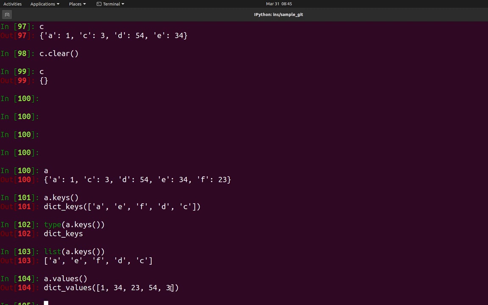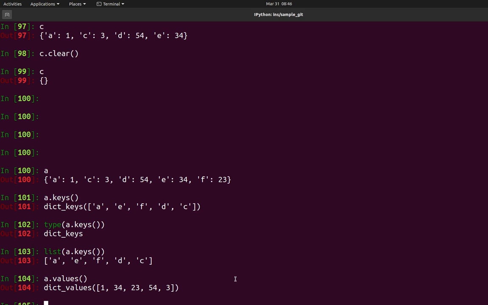As I was saying, this was unordered, right? You can see the values are changed. My first value is 1, then 3, then 54, but you can see the ordering has been changed. It will not follow the proper format. Even for the keys, you can see my values are like A, C, D, and here it is A, E, F, D, C, right? So it randomly converts things. That's why we say that this particular dictionary is always unordered.